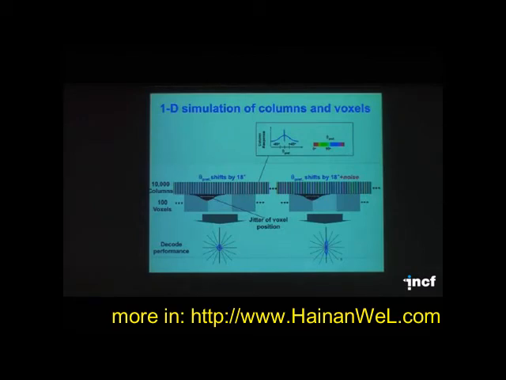As you can see, if the columnar array is completely regular, you cannot decode the orientation. But just by having a small irregularity, we can readily extract information about orientation and make a very accurate prediction. So this simple simulation demonstrates the feasibility of the idea that we can extract subvoxel information via random biases